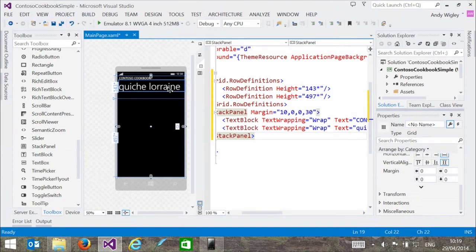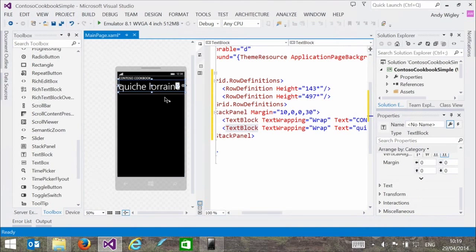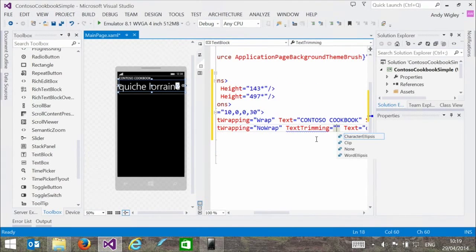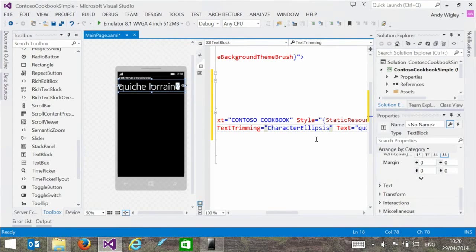Now I'm also going to make sure that this doesn't overflow on smaller devices. So if we had too big text, that fits nicely on there. But if we do it on a smaller device, you go into IntelliSense, you can change things directly in the XAML as well, or you can change them in the properties. So loads of ways to set this up. And then we're going to have text trimming on here equal to character ellipsis, so it will automatically trim it if it can't fit it in. So that's a nice feature we can do. It's a new feature with text blocks that was not available on Silverlight XAML. Then it'll look a bit like this.